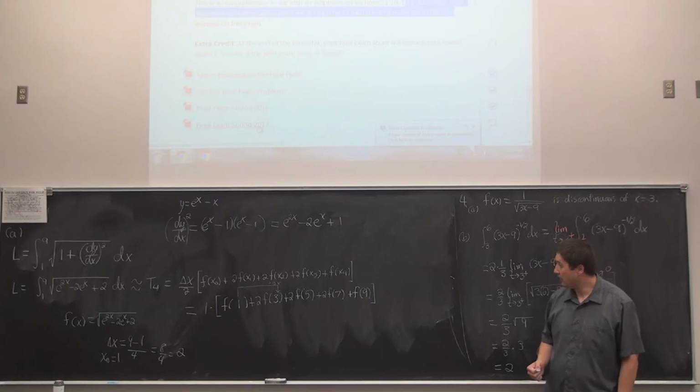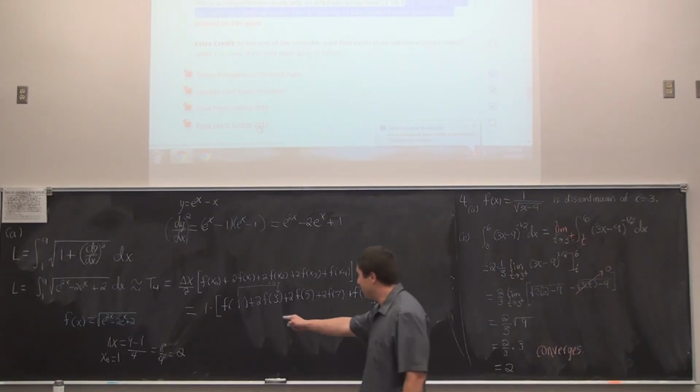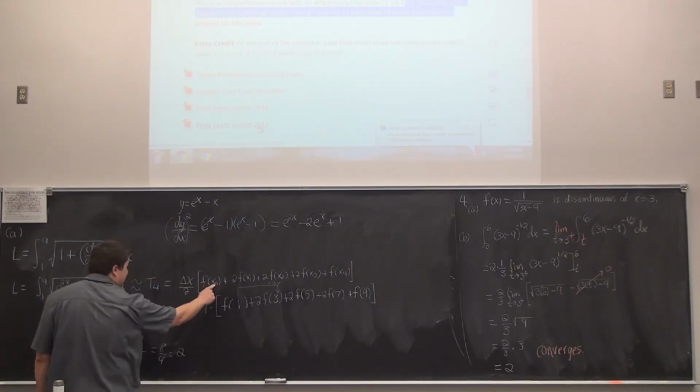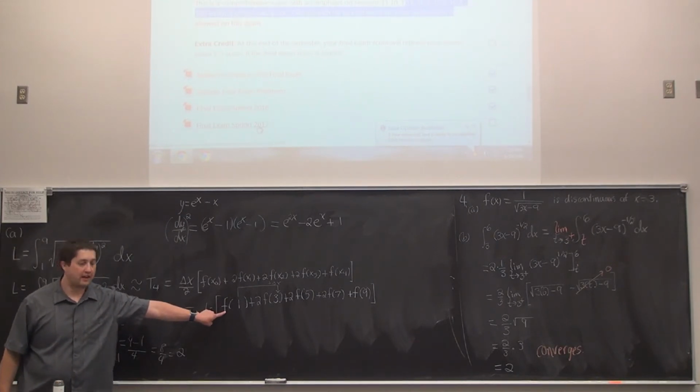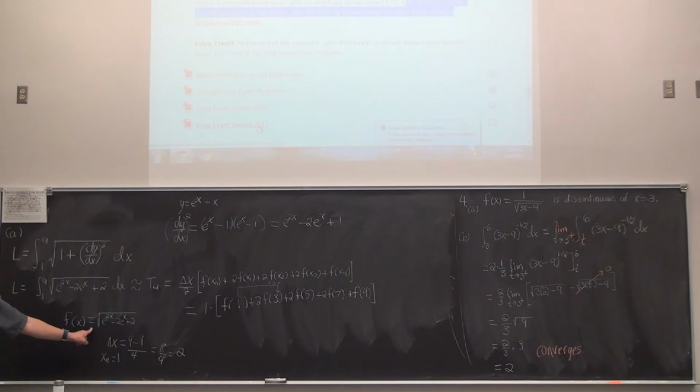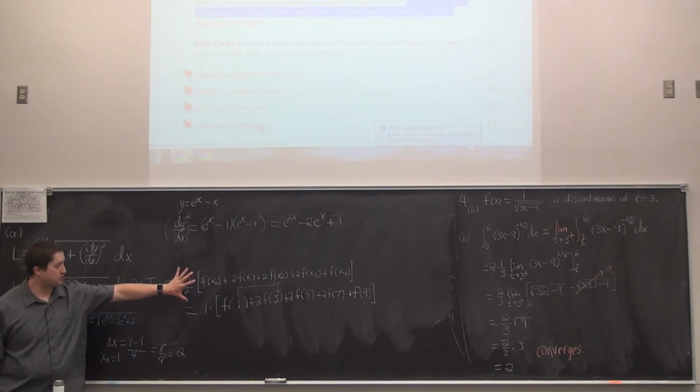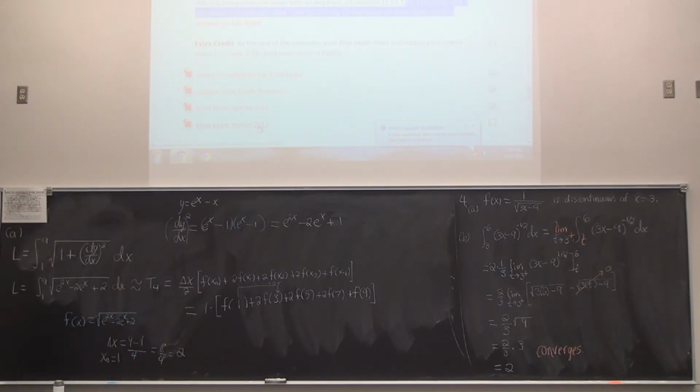You can write out a whole lot more, but notice you've said everything, what delta x is, what x naught all the way through x sub 4 is, and you've also said what the function f itself is right here. So if these are the elements that you have on your paper, I would say that that's a full solution. You know how to set up the integral, you know what the length looks like, and you know what the trapezoid rule is if you write down that much detail. And if you really want to, you can always evaluate this later. Any questions about that problem?